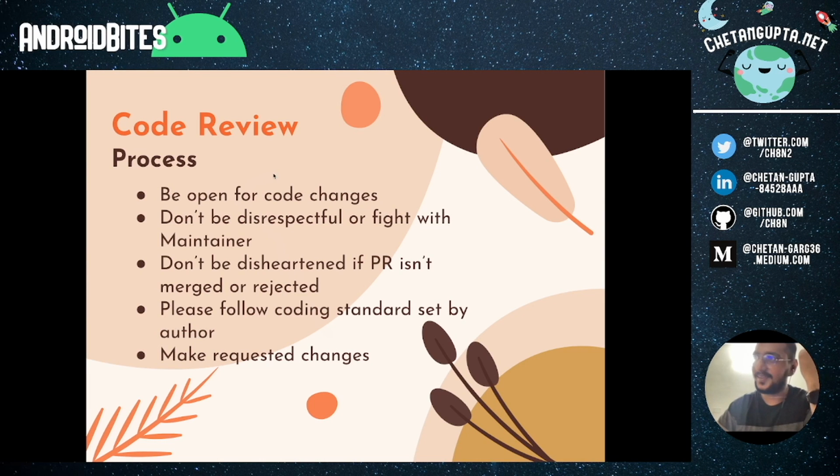And now the hard part, the code review process. The first thing which you should keep in mind while going into a code review process is to be open to changes. I know you have put in a lot of effort and time to give that solution, but it might happen that the maintainer doesn't like at all what solution you have given, and could ask you to completely rewrite the entire solution, right? So be open to that, don't take it critically, right? Both of you are having a conversation, not a fight, hopefully a conversation where you are exchanging your words to tell why you have done things in this way, which can bring more clarity to each other.